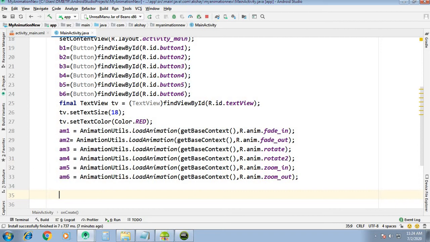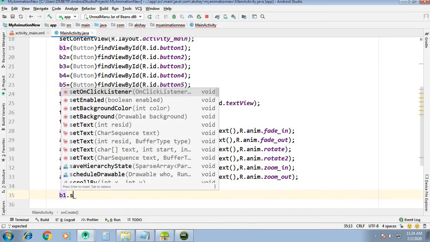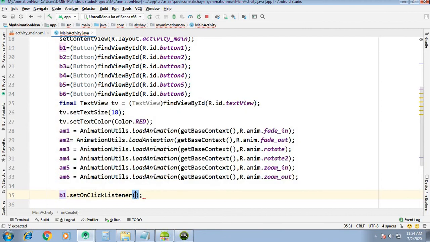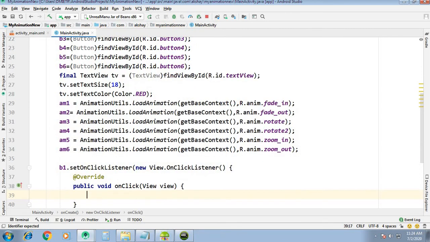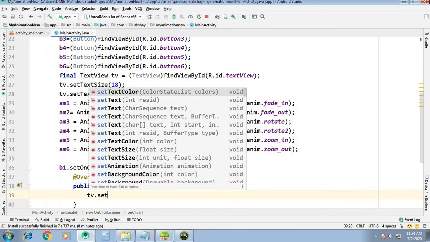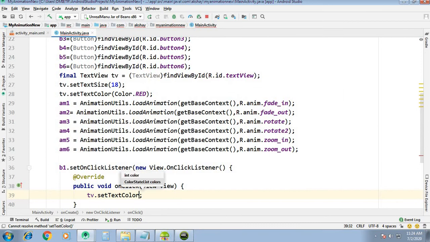So now we will apply the on click listener to each of the buttons. So b1.setOnClickListener, new OnClickListener. So now here tv.setText, we will set text as zoom fade in effect.